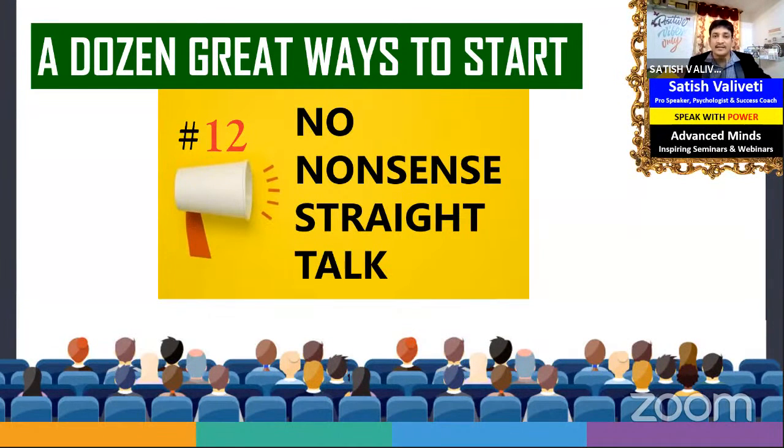Just because the chief guest came late, I cannot extend my slot, because if I do it from 12:30 to 1:30, because 1 o'clock is a lunch break, after 1, the audience will start looking at the clocks because they feel hungry. And that way, they will actually have a negative impression on you rather than a positive one, because you are eating their lunchtime. In such scenarios, what you can do, my friends, is no nonsense straight talk. At 12:30, if I'm given the mic and at 1 o'clock I'm supposed to close it, I cannot start doing all the 11 things I mentioned so far.